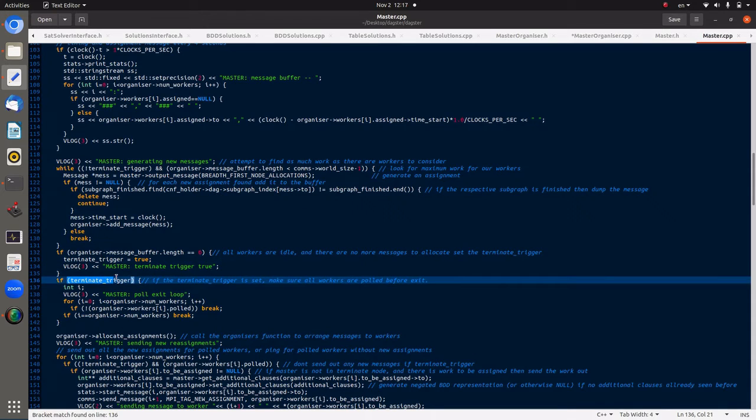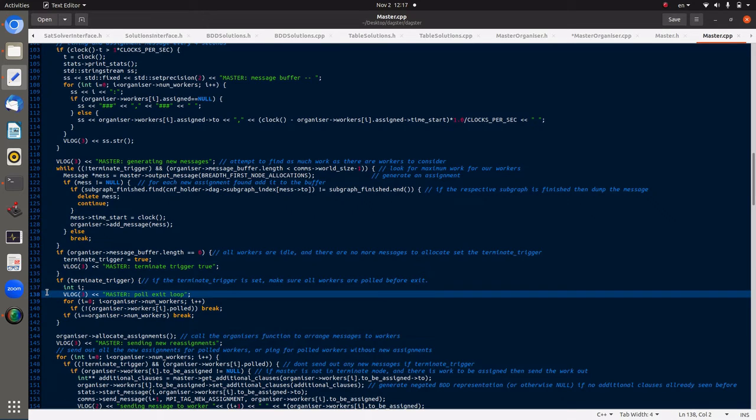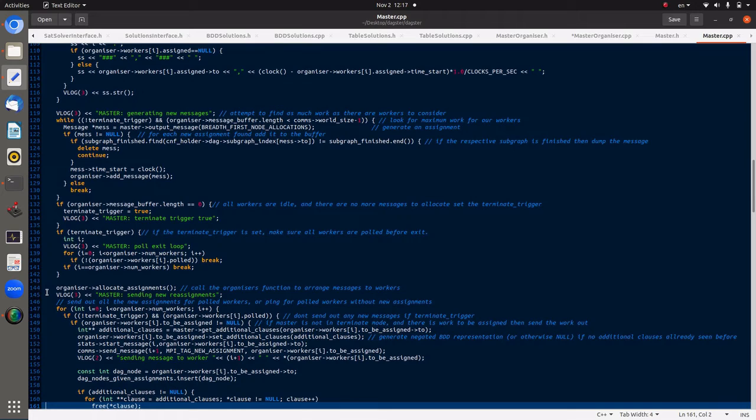If the terminate trigger is set to true, then we need to do some logic. It's been a while since I looked at this code, but there's some logic for the terminate trigger to be true. Right. This is basically saying